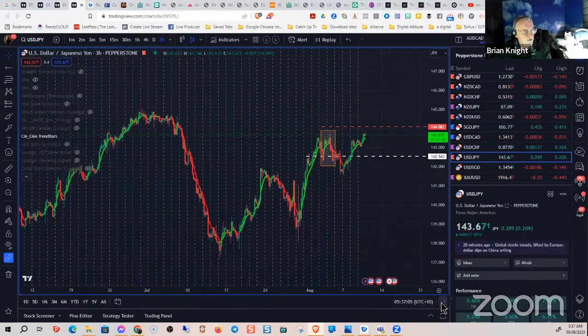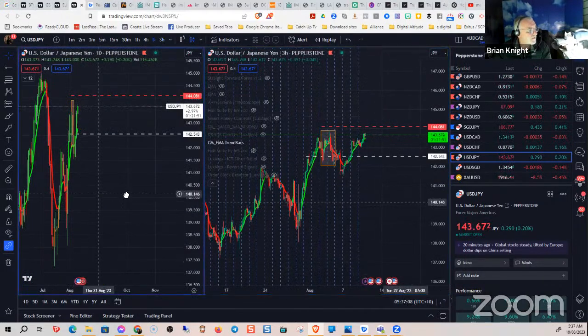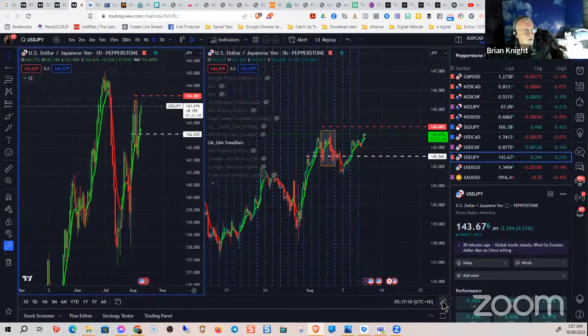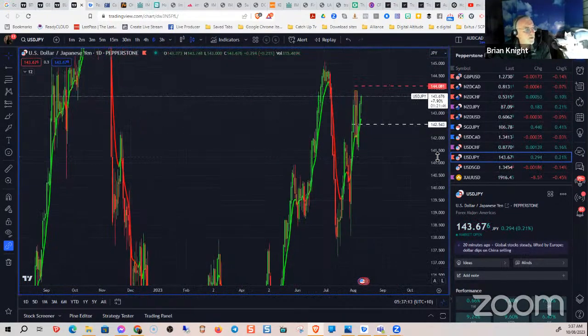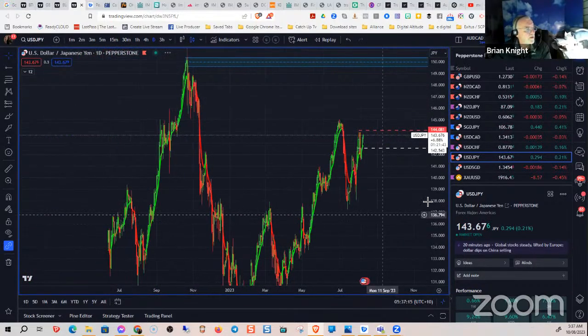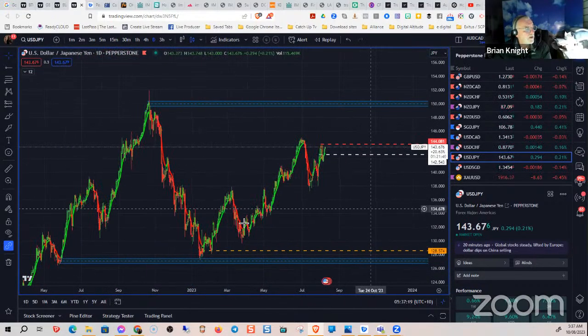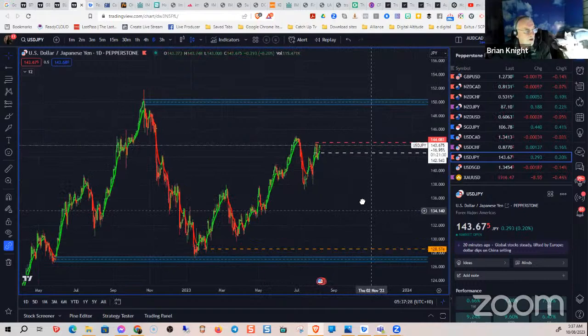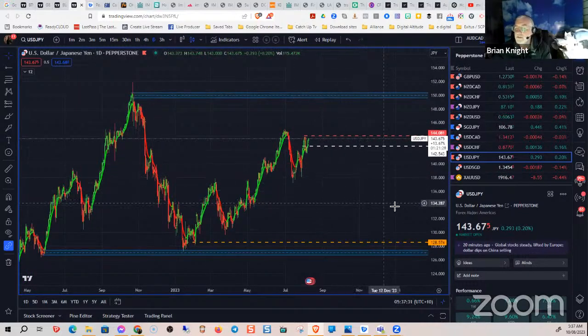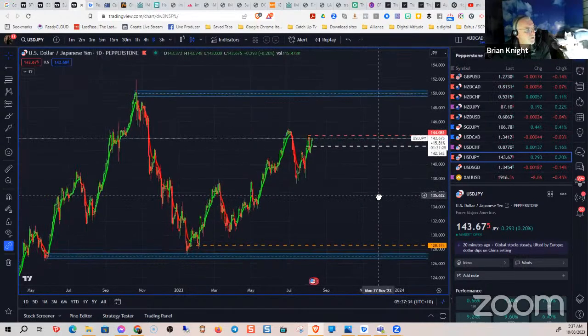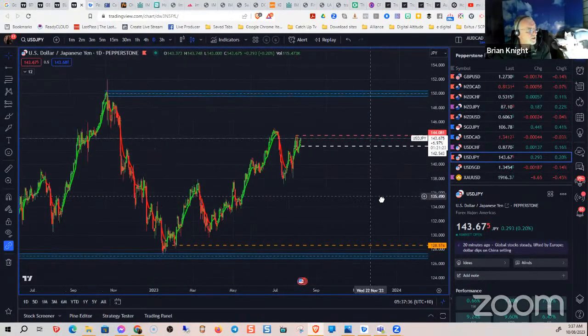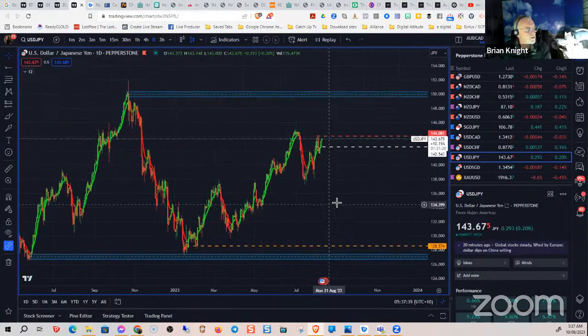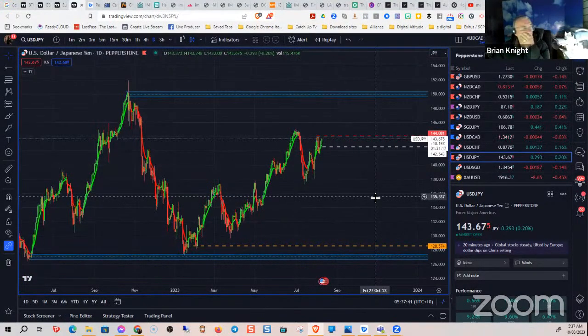If we go to the daily, you could see it has been in an uptrend. So it broke structure down here though. I don't know, I'm just staying on the bus at the moment. And if I've only got a small amount attached to it, for me, it's not such a big deal. Thoughts? Anybody?